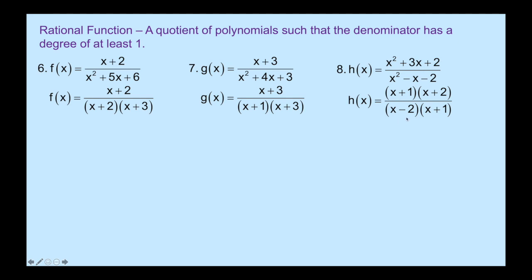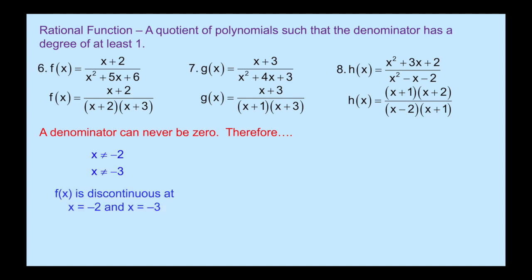Now, going to number 6, I want to look at what kind of excluded values we're going to get. Since the denominator can never be 0, in number 6, I'm going to say that -2 and -3 would both be excluded values, things that would make our denominator a 0. So since our excluded values are -2 and -3, we could say that f of x is discontinuous at -2